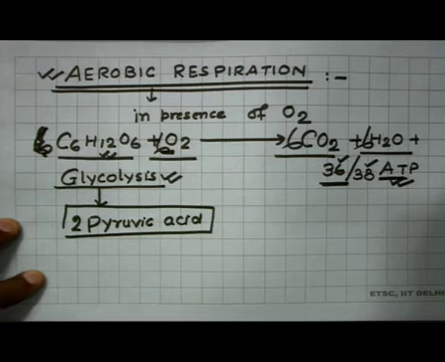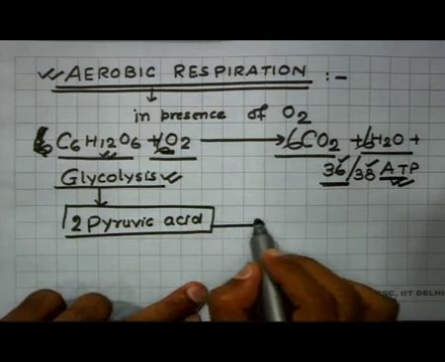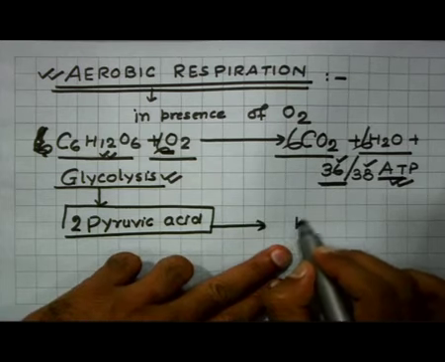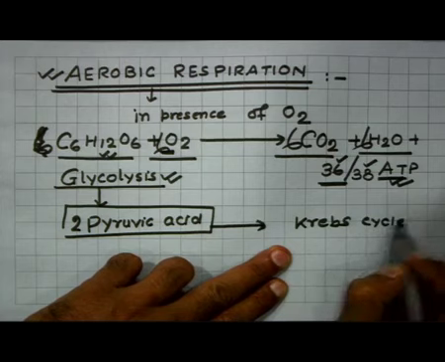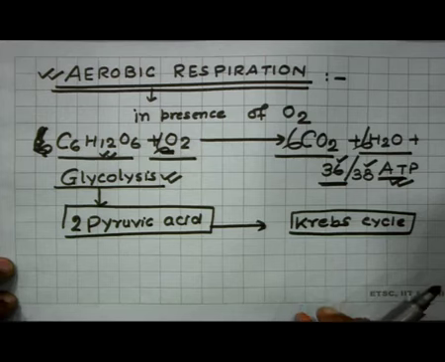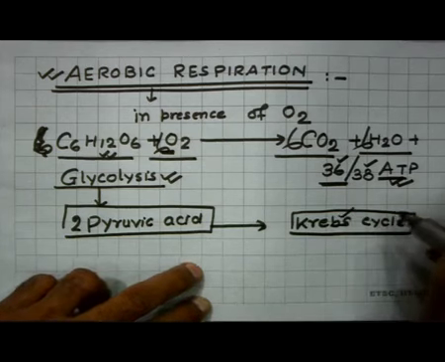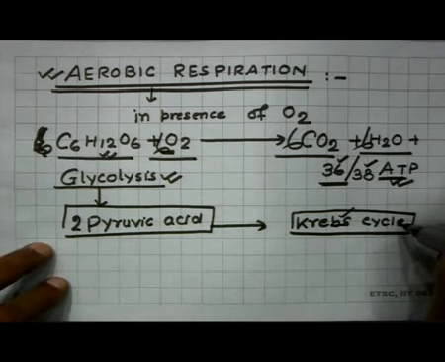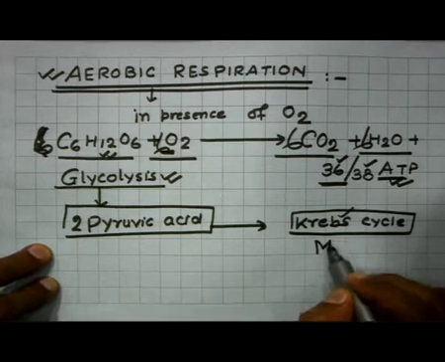Now, this pyruvic acid enters into the Krebs cycle. This Krebs cycle was discovered by the scientist Krebs, as the name indicates. But this Krebs cycle takes place in mitochondria,